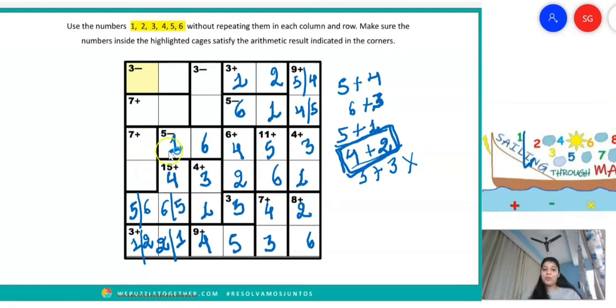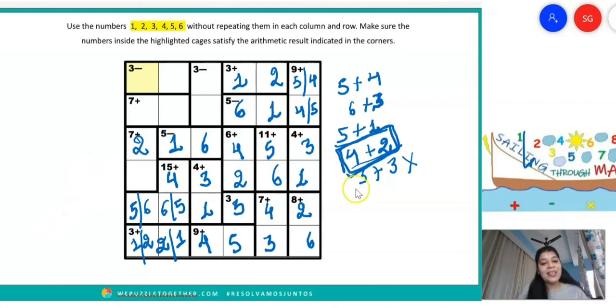Now see, if you observe your third row and your fourth row, you will see there is only one number remaining and already 5 numbers are filled. So which number is remaining in the third row? 1 is used, 3 is used, 4 is used, 5 is used, and 6 is used. So the only number remaining is going to be equal to 2. So let me write the number 2 here.